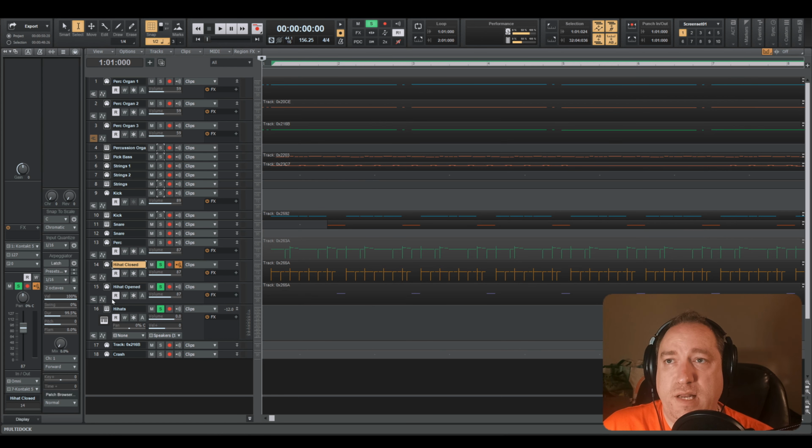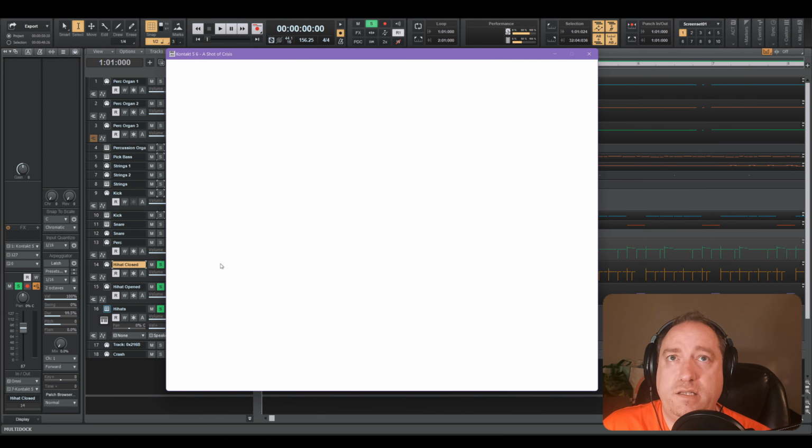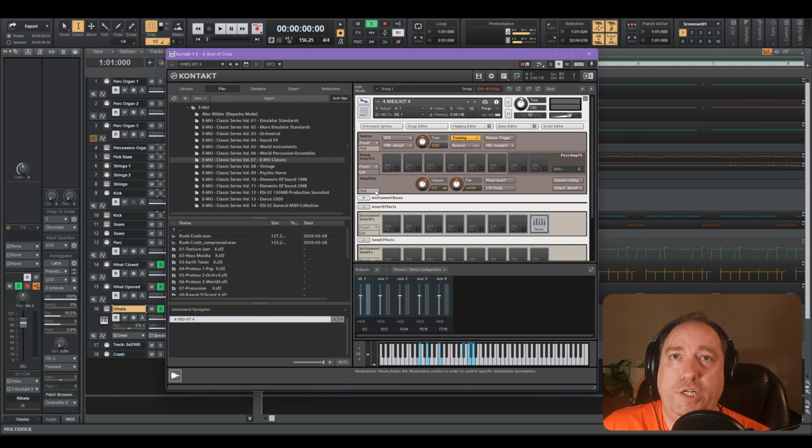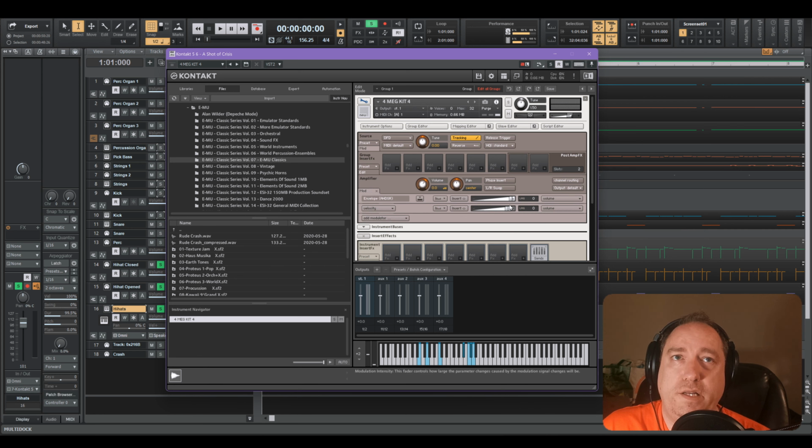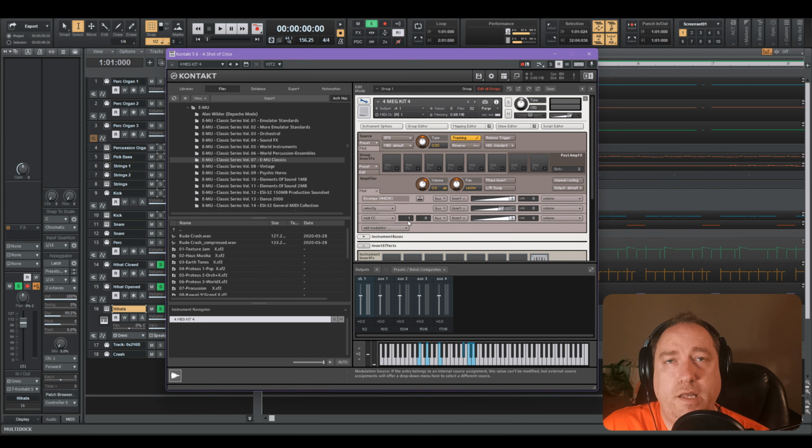What that means is now in the instrument, I can go to hi-hats, modify the instrument, change the amplifier velocity. Well, it doesn't matter if I change it. All the velocity on all the notes are the same. I'm going to leave it there so that it's a little bit louder. And what I'll do is add a modulator, external source MIDI CC, and we'll set it to 11, then 127. What that basically tells Contact is that, hey, I got volume commands on channel 11. I want you to affect the volume. So now when I play,